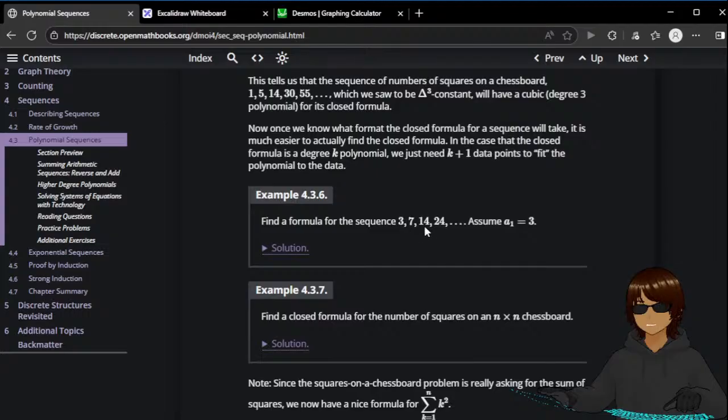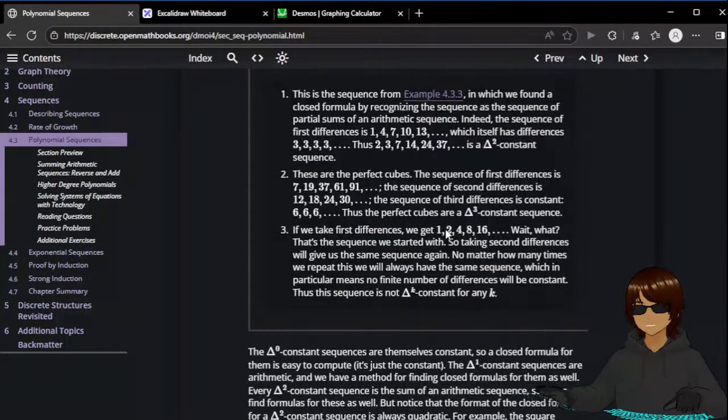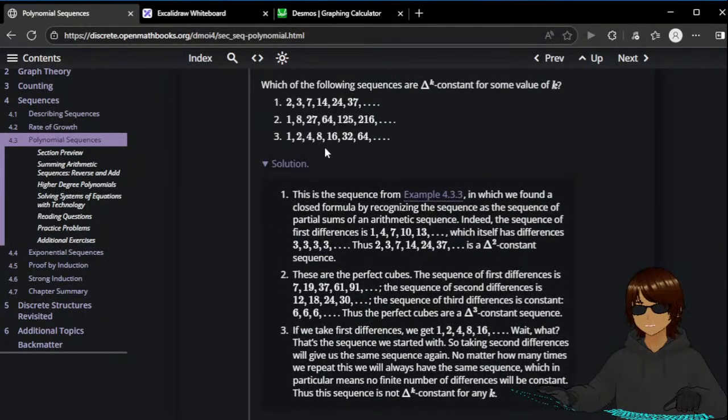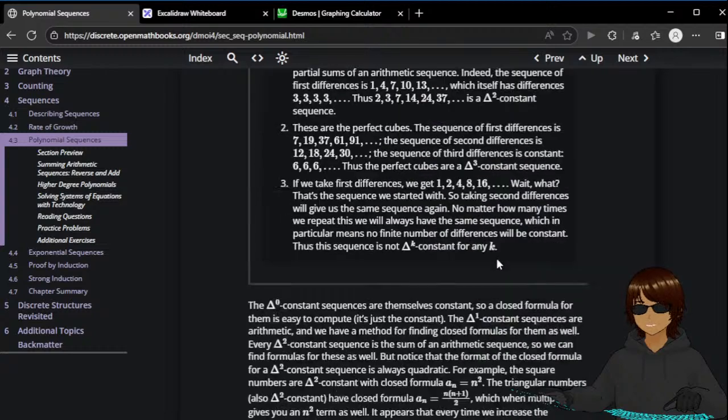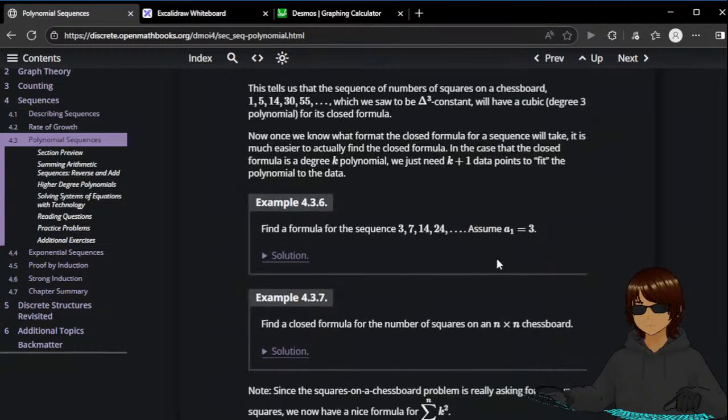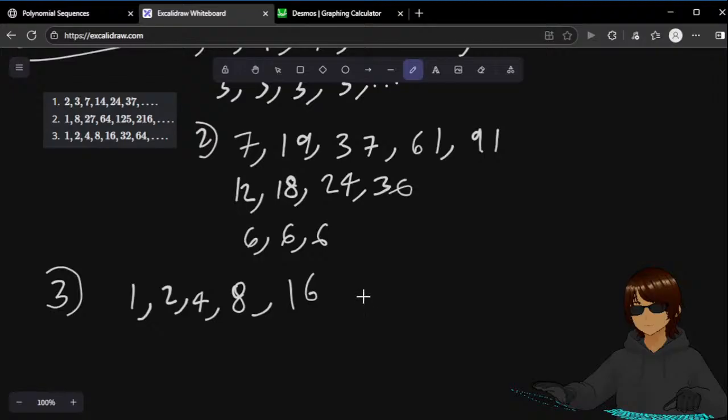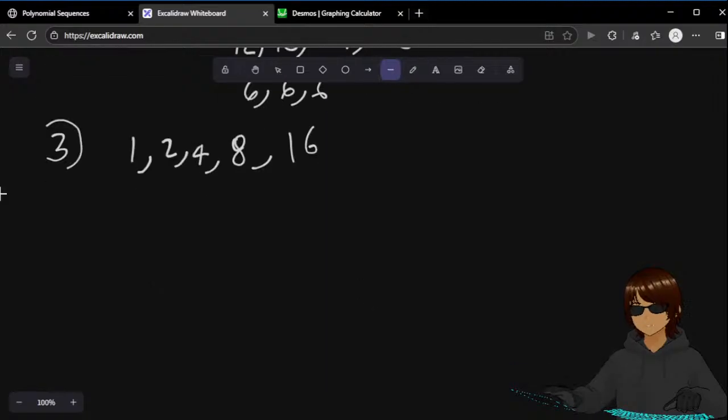Find a formula for 3, 7, 14, 24. The sequence 3, 7, 14, 24 is delta 2 constant. Wait, if we have